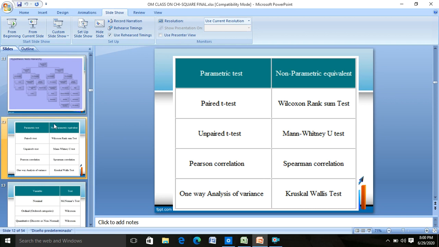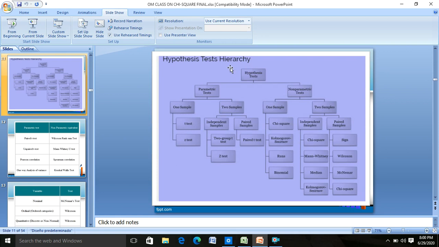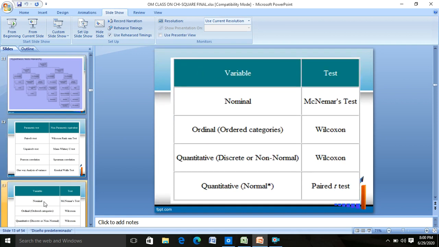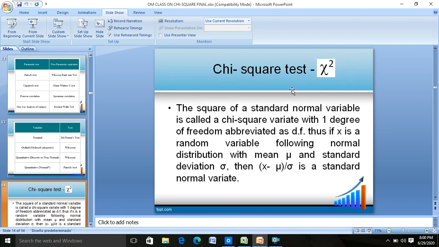What is your objective first? Second, once you are done with the objective, you see what type of variables you have. Then you sort out whether it's a parametric or non-parametric test. Then whether it is one sample or two sample. And then on the basis of that, according to your objective, you choose from these tests. So it is very, very essential, as you can see from here also, to know which type of variable it is. Starting with the very first test, it is the chi-square test.